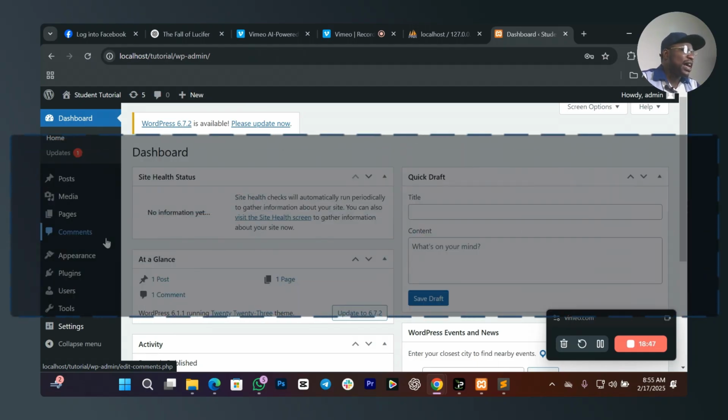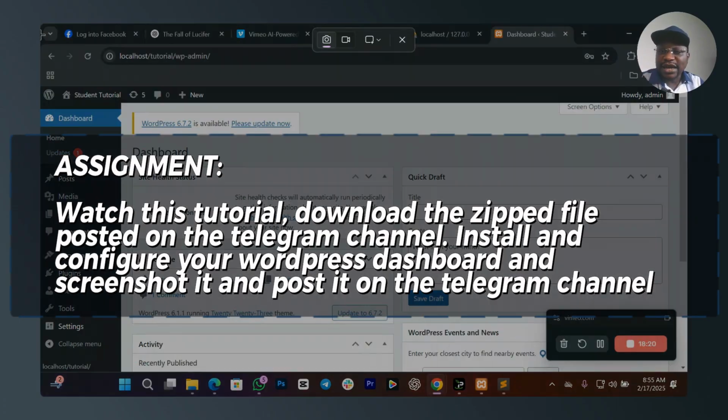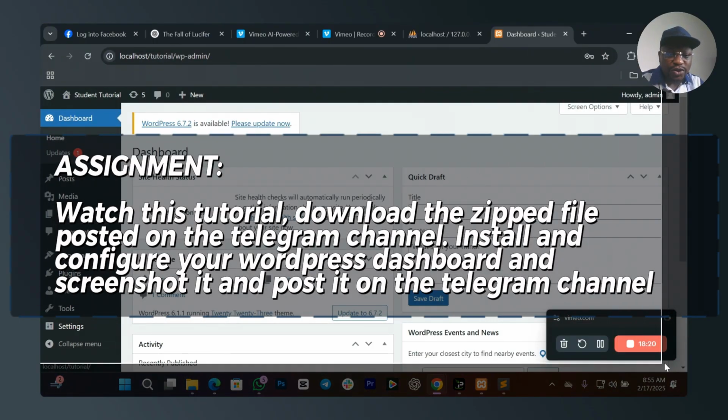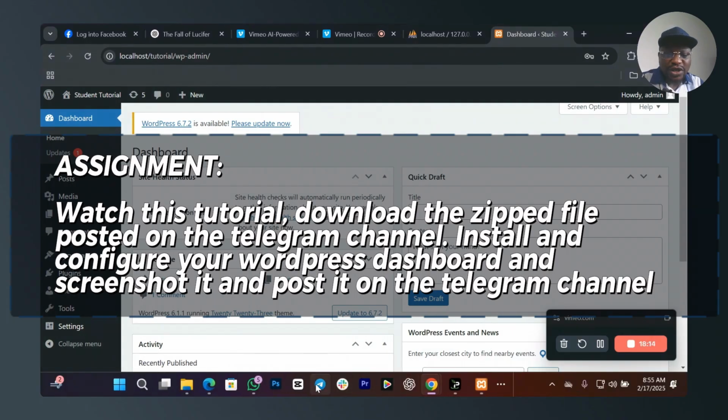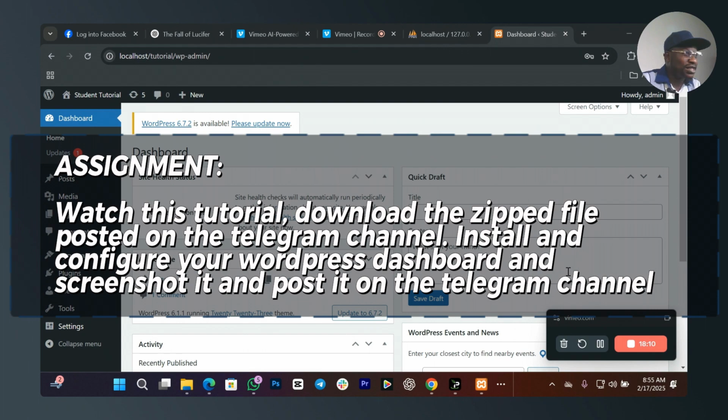Watch this tutorial, download the files that I dropped on the Telegram channel, and install your WordPress and configure your admin dashboard. Once you are done configuring your admin dashboard, take a screenshot of the interface like this and post it on the Telegram group. Is that okay? So I'm going to screenshot this and have it posted on the channel, so that you know that this is what you are supposed to get. If you give me another thing that is not this,